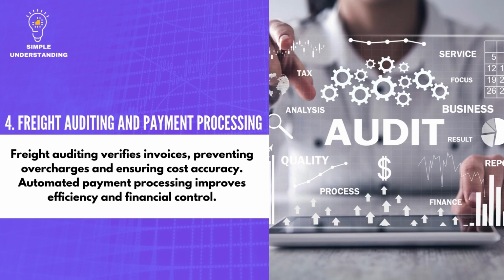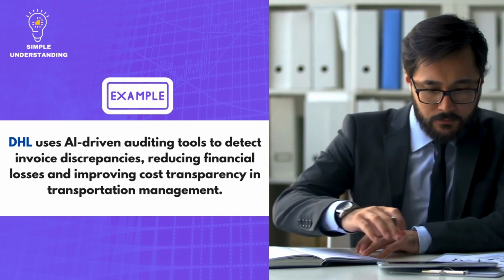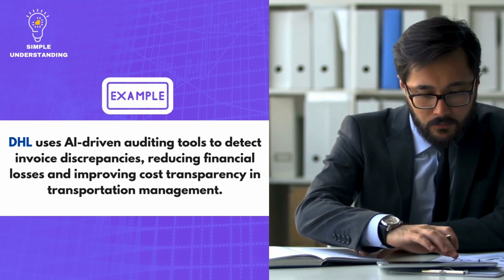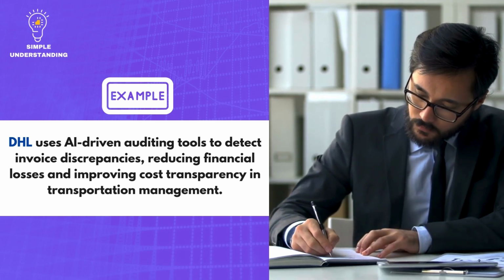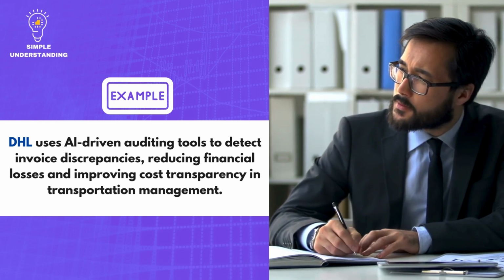Explanation. Freight auditing verifies invoices, preventing overcharges and ensuring cost accuracy. Automated payment processing improves efficiency and financial control. Real company example. DHL uses AI-driven auditing tools to detect invoice discrepancies, reducing financial losses and improving cost transparency in